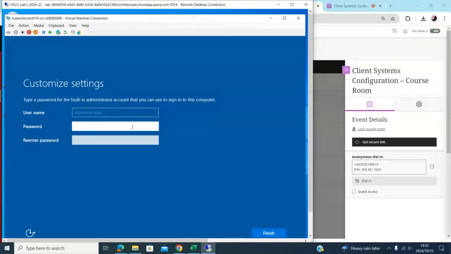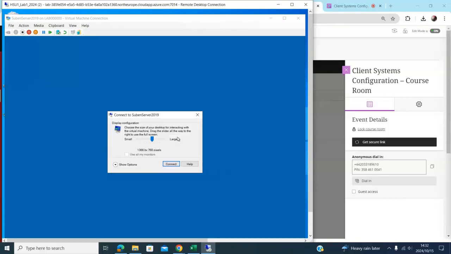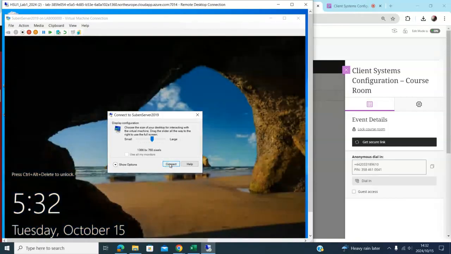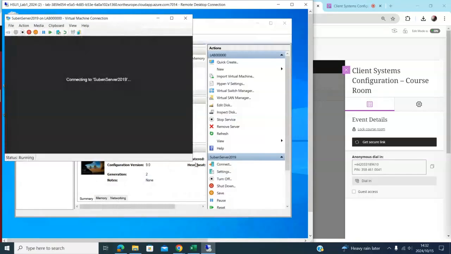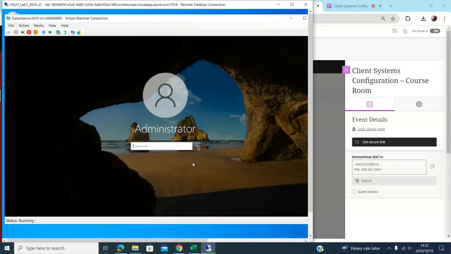So I'm going to set my password, and then I'm going to connect to it and log into my server. So the server now is